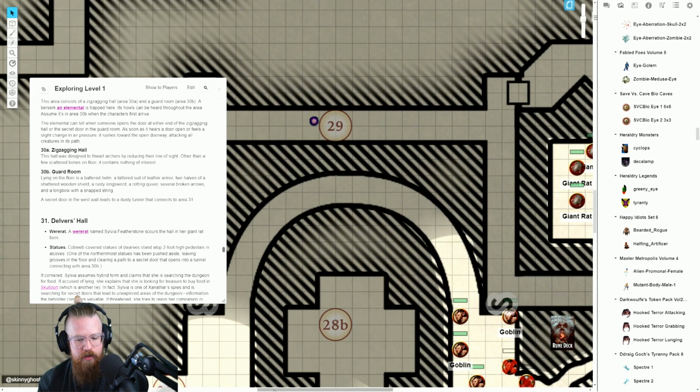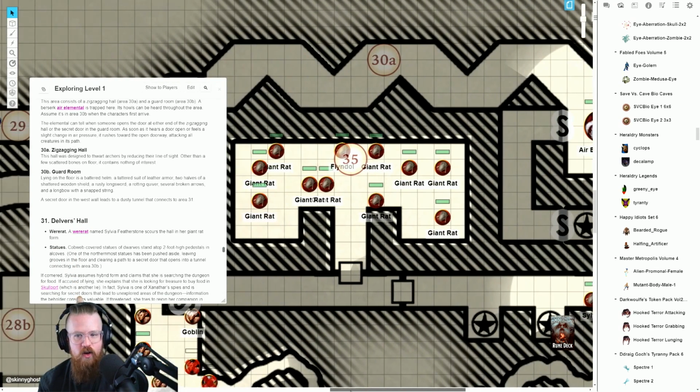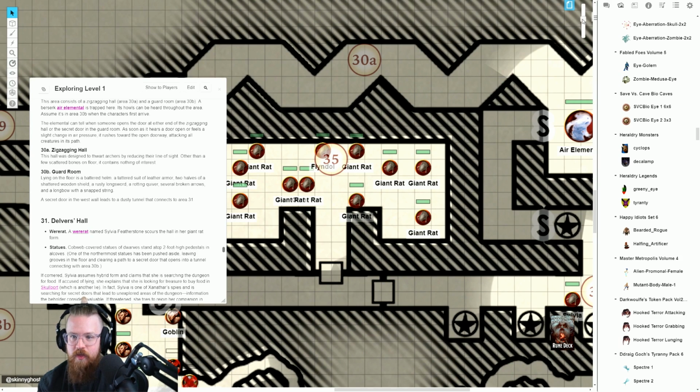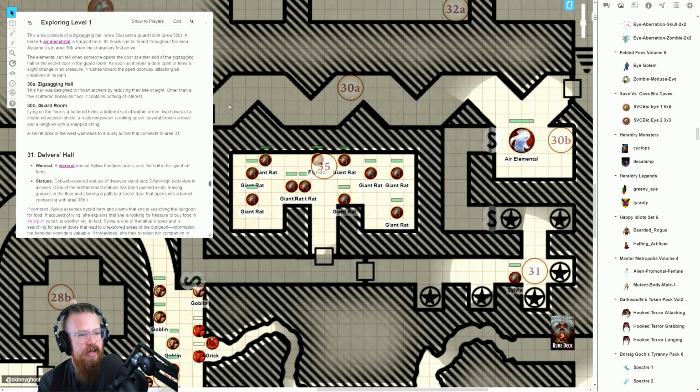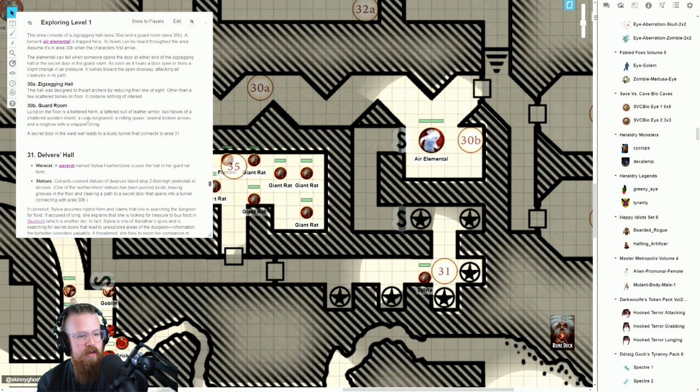This area consists of a zigzag hallway. It sure does. A zigzagging hallway to thwart archers by reducing their line of sight. Other than a few scattered bones, it contains nothing of interest. Some battered helms and armor. Leads to area 31 through the other side. And then over here, in 30B, there's a guard room, but it doesn't...